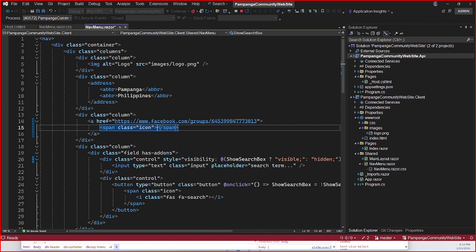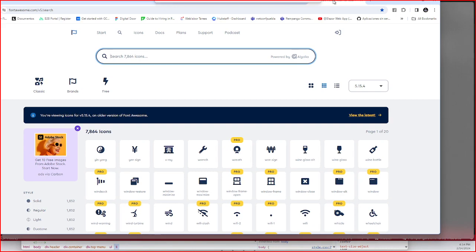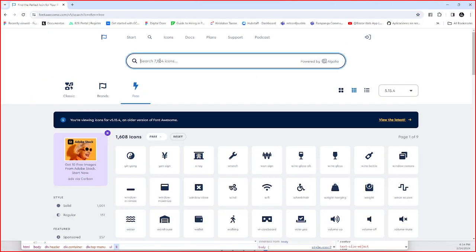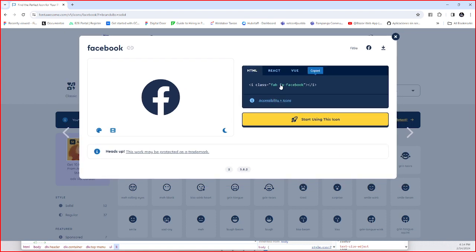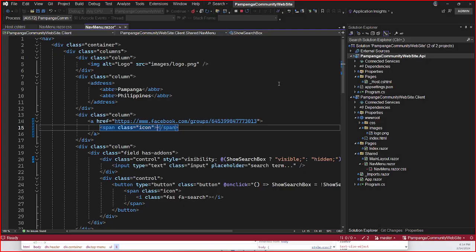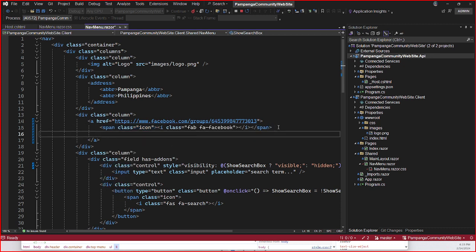And we said this is here, then Facebook. What Facebook do you prefer? I think this one, right? Copy and put the icon here. Join our